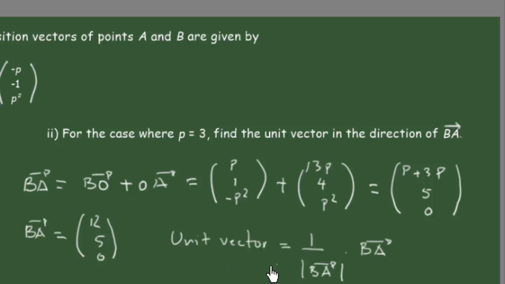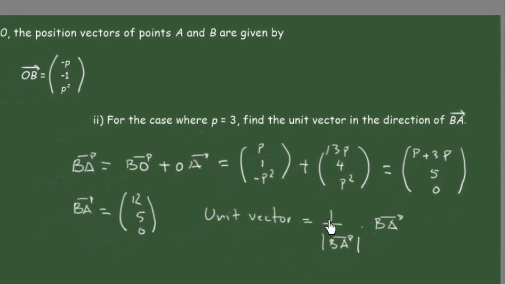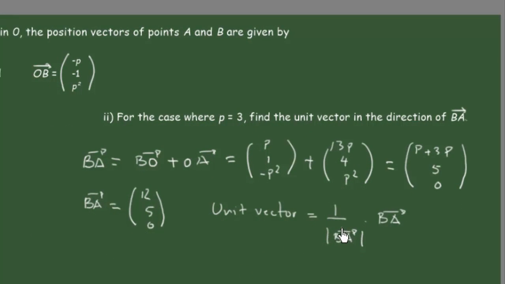And we know that to find the unit vector, we will have to use this formula here, 1 over the absolute value of BA, or the distance, and BA. We already have BA, the vector BA, so we still have to find the absolute value of BA. And the absolute value of BA,